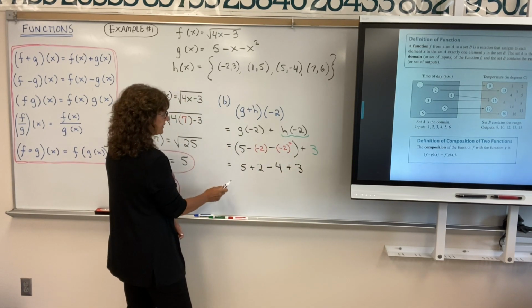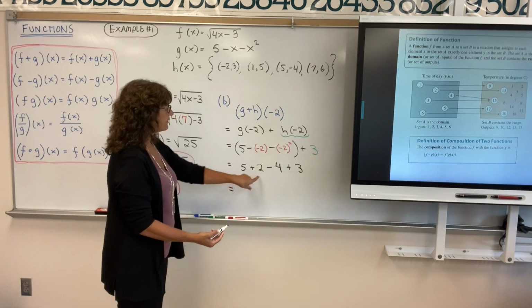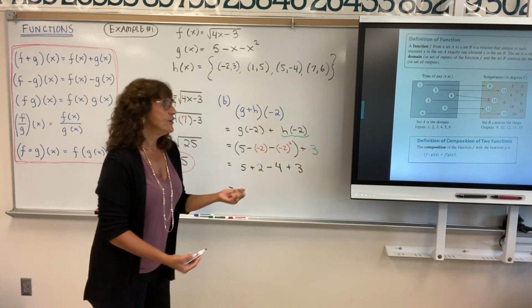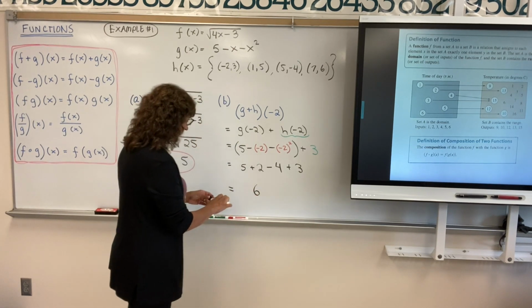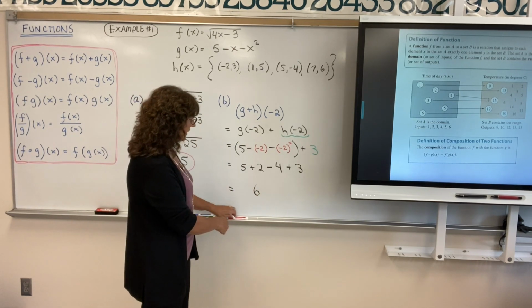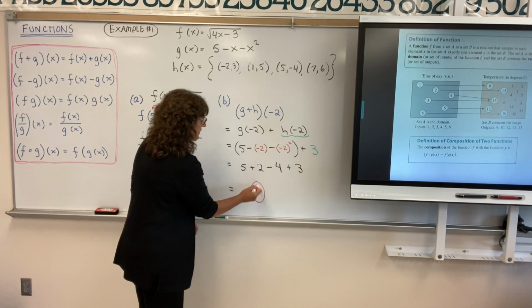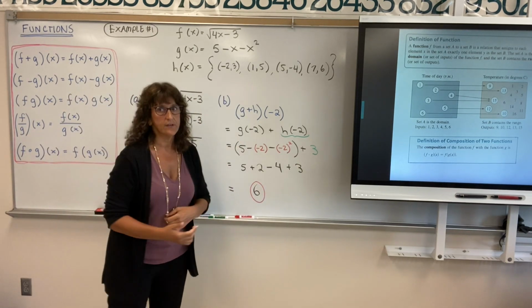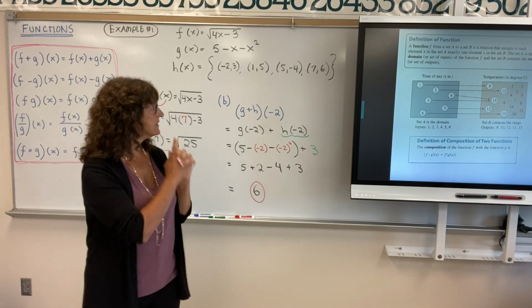So I'm here with my numbers, and when I combine these, 5 plus 2 is 7. 7 minus 4 is 3. 3 plus 3 is 6. My final answer for example letter B here is 6. So here's how you would add functions, and here's how you could evaluate with a quadratic and using a set